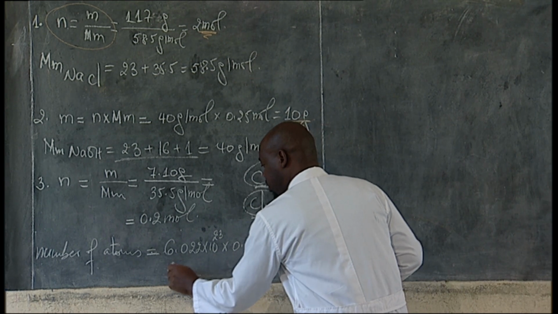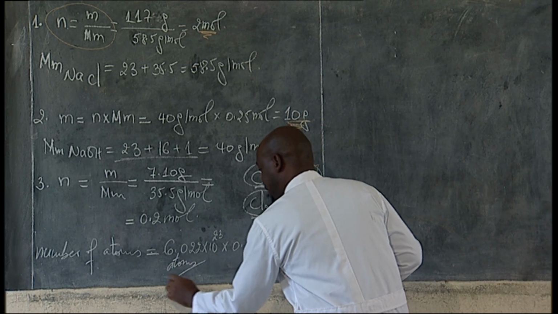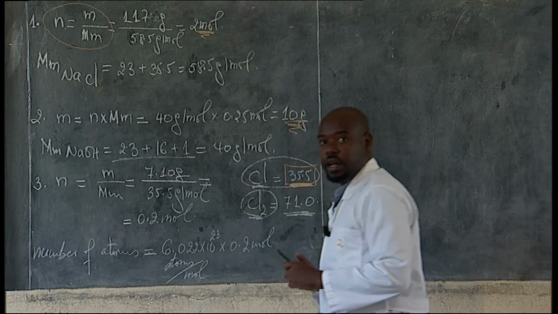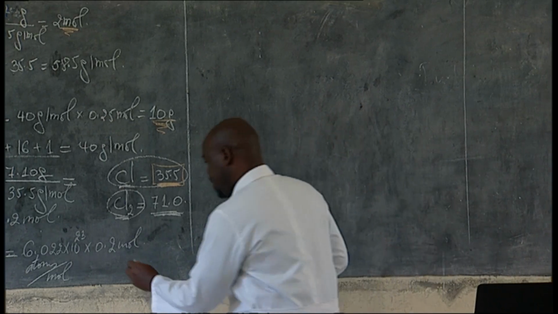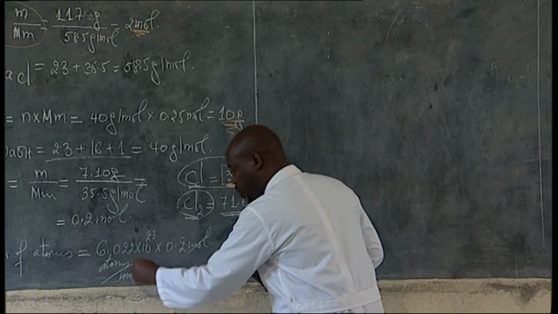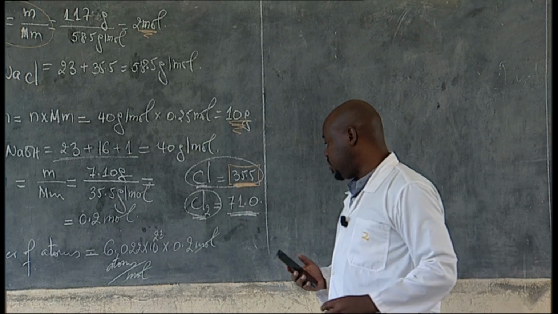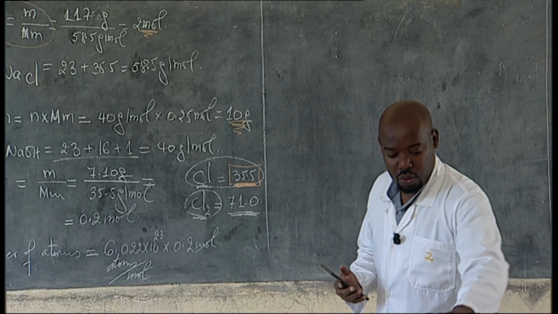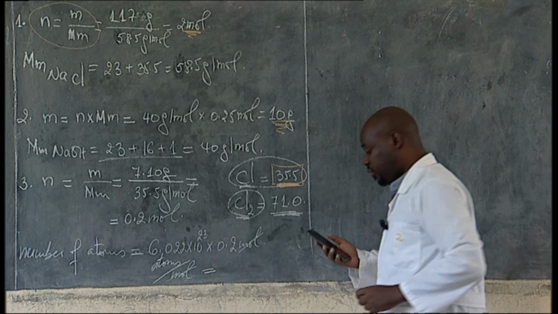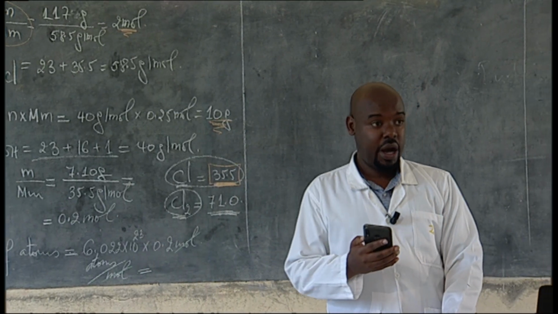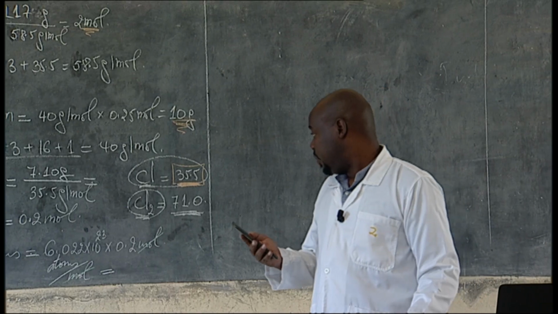Here, the unit can be atoms per mole. And when we use atoms per mole, then the mole and mole will cancel out, and we get what? What we get will be the total number of atoms that will be given by